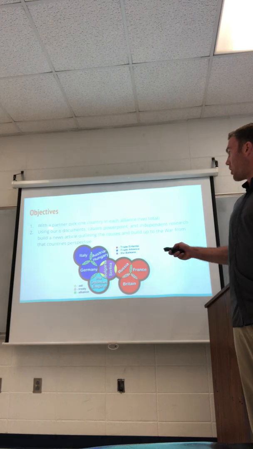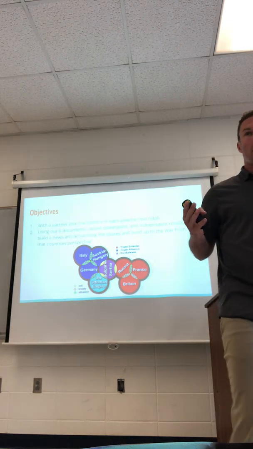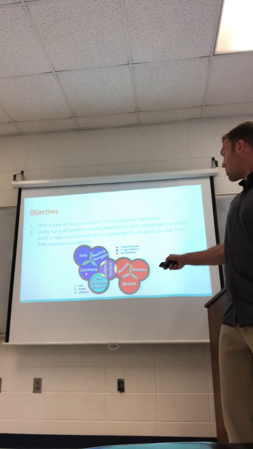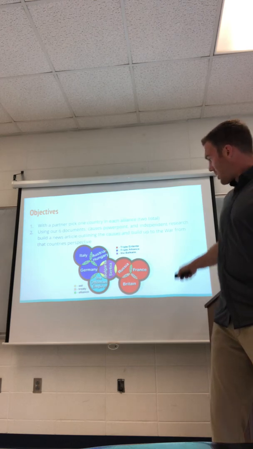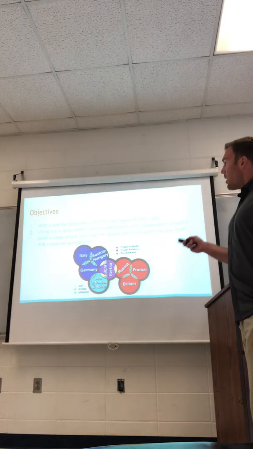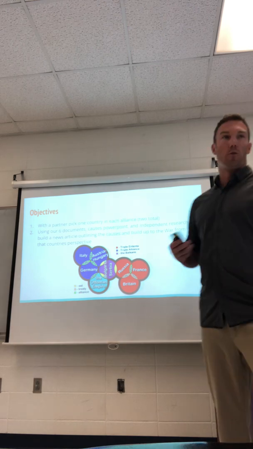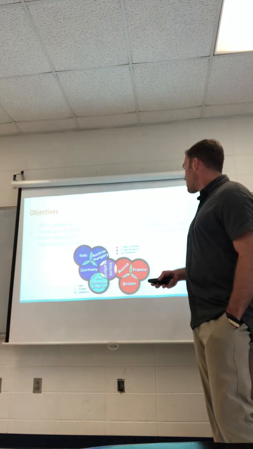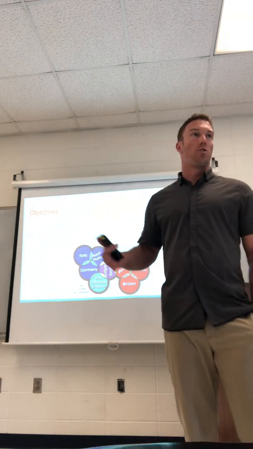activity. So with a partner, you're basically going to pick one country on each side of the alliance. So we know the alliance is here. You have Italy, Austria-Hungary, and Germany. You have Russia, France, and Britain. That's the two alliances that we're going to be working with. So you're going to pick one country from both of those. And using the 6 documents, the causes PowerPoint, and independent research if you need to, you're going to basically build an article on this with a picture based off of what the causes are and what that country's perspective of